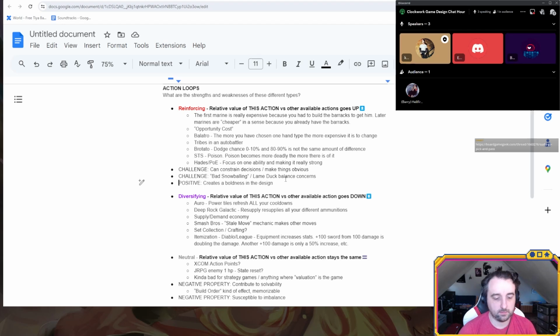And I think one of the things that creates is that each time you can play the game multiple times, and you have almost very different experiences, where this time I did this strategy, and this other time I did this other strategy. Whereas with diversifying loops, one of the things that can be a detriment is that each time you play, they can feel samey, like you're doing the same thing almost.